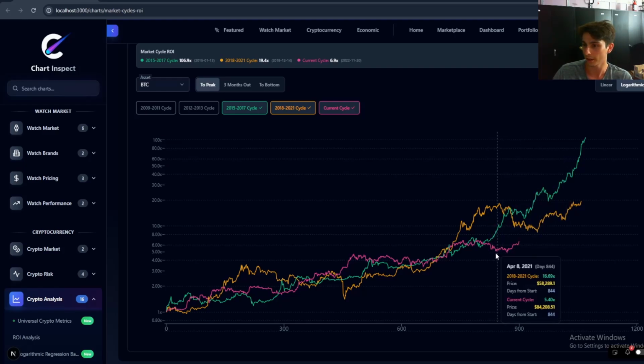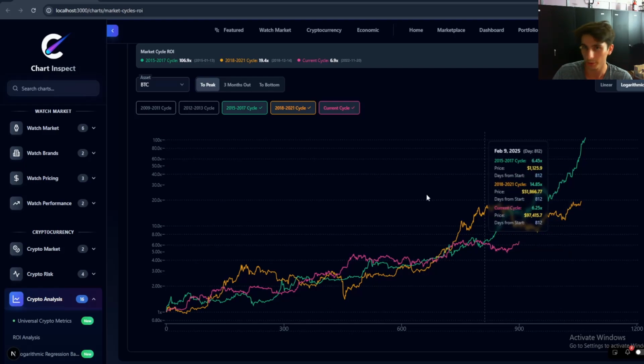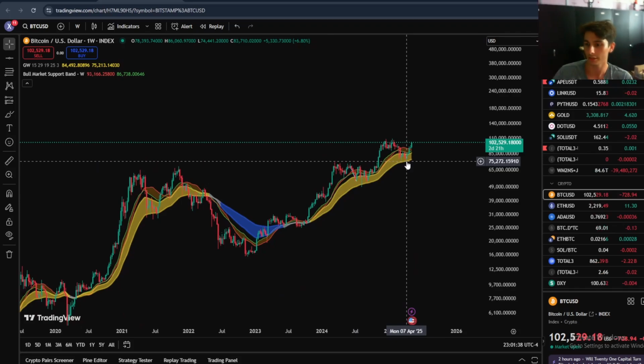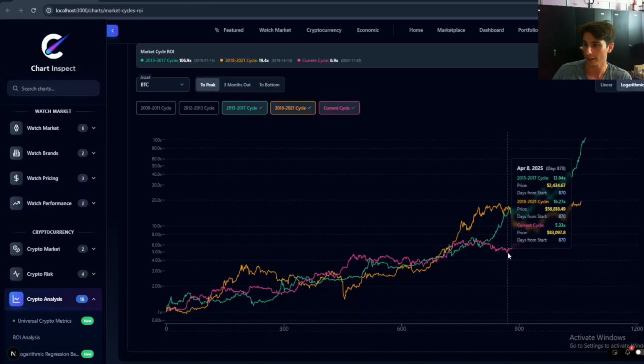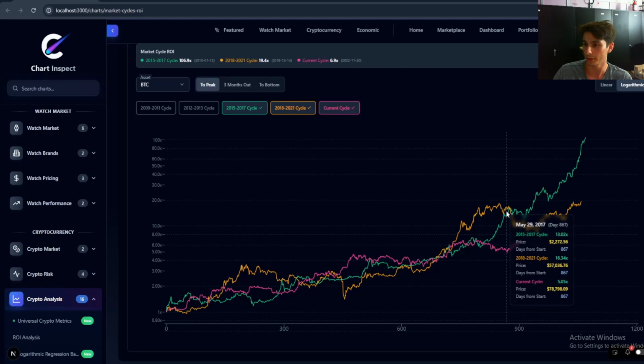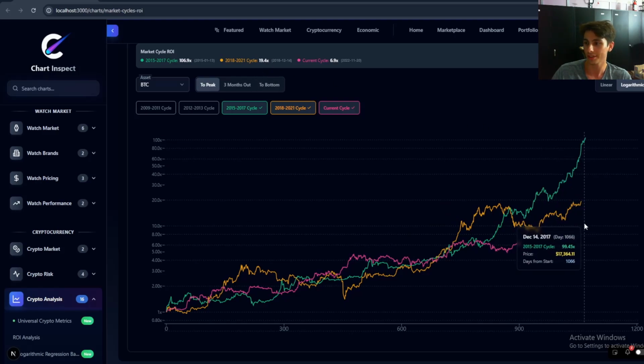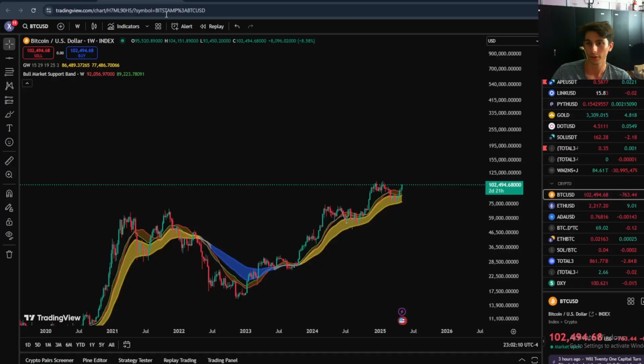Similarly, if you look at the $83,000 low that we had in April, you can see that we were only at a 5x compared to the 2021 cycle, which was at a 15x. So if we take into consideration diminishing returns, I would say the most ROI that we would probably be able to see this cycle is likely a 10x. And given the fact that we're already at the end of the year pretty much, we only have 7 months left till the end of the year, I would say that if Bitcoin were to go up, which it has,